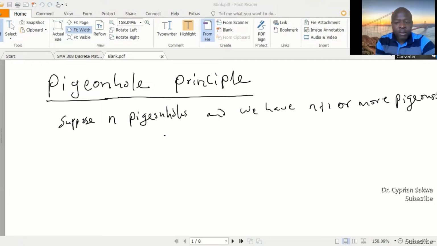I want to see how these n pigeonholes will be occupied by the n plus 1 or more pigeons. If you try to distribute the n plus 1 or more pigeons in the n pigeonholes, then you discover that at least